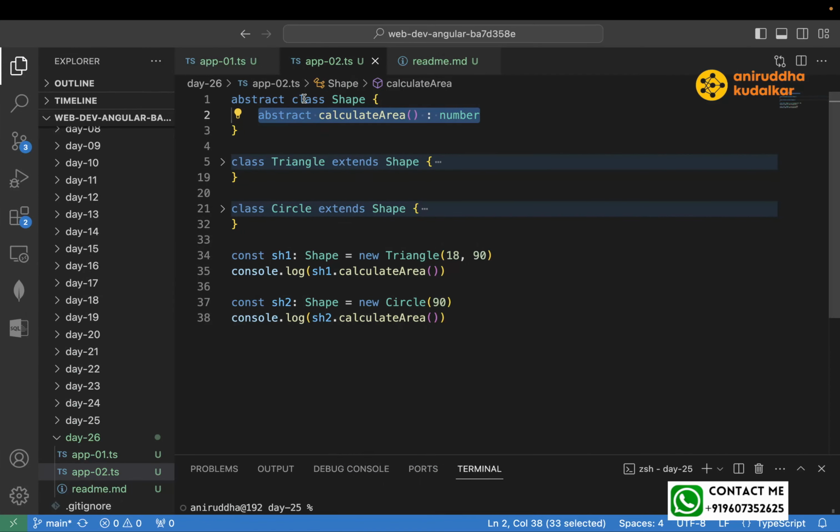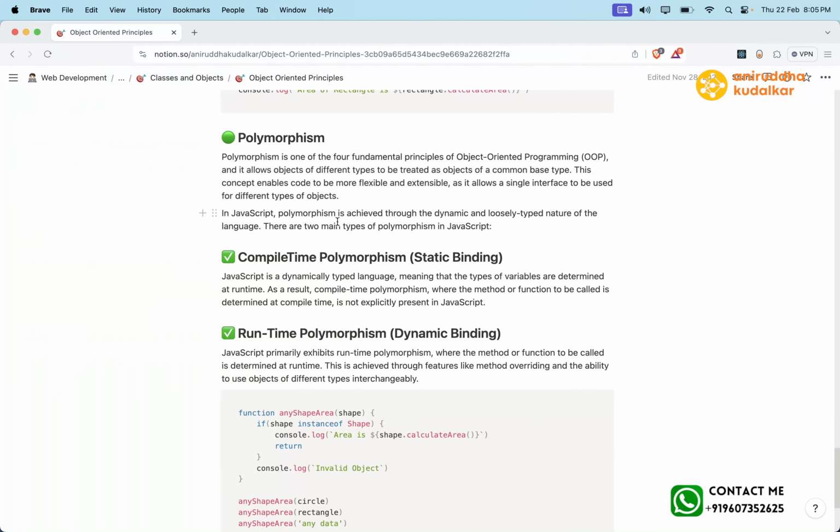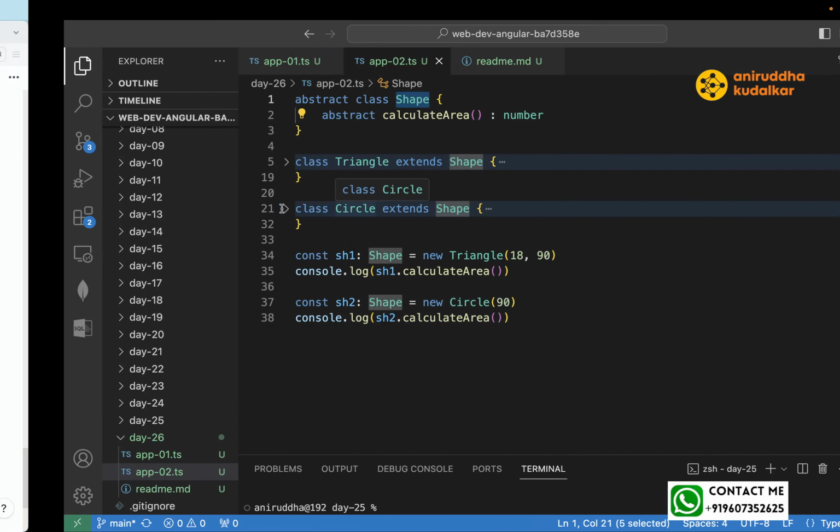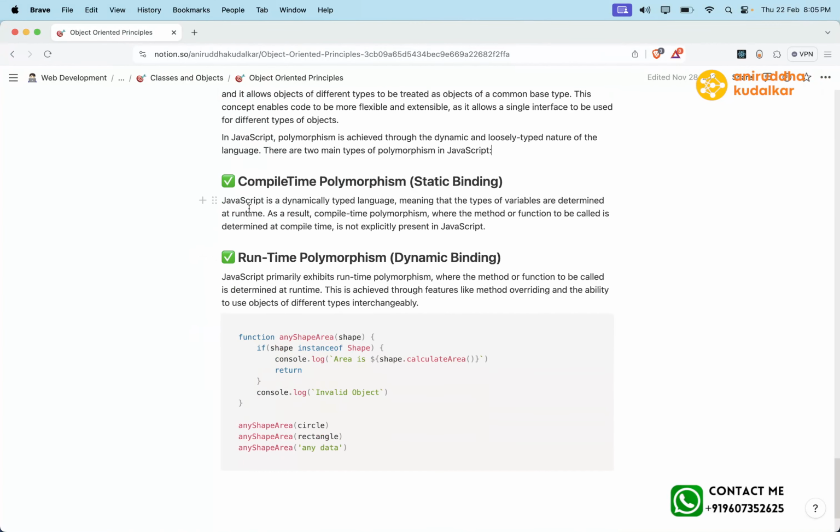Presently here you can consider shape. Shape is used to create different objects. That's what they are saying here. So this can be well implemented by means of an abstract class. We'll see that tomorrow. Compile time polymorphism. JavaScript is a dynamically typed programming language, meaning that types of the variables are defined at runtime. As a result, compile time polymorphism, where the method or function